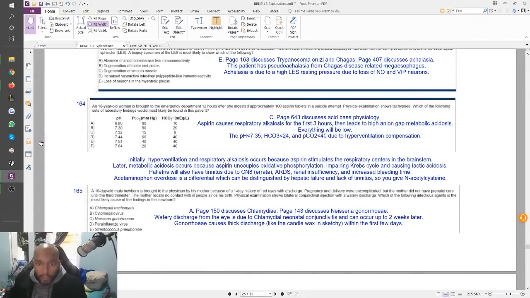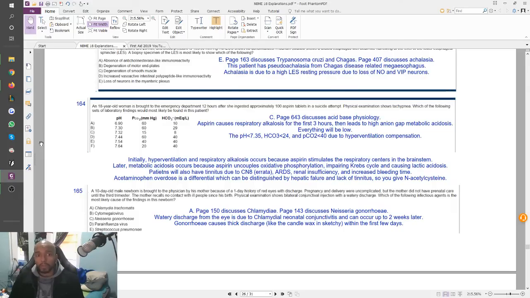164, another acid-base physiology question, very high-yield topic, especially for NBME. They love asking questions about acid-base physiology. And acid-base physiology is such a big topic, I'm actually thinking of making a separate video about it, because you need to be able to look at a question and really figure out what's happening with someone's pH, PCO2, and bicarbonate just by deducing the logic, right? It's not a memorization thing. Some things can be memorization, and this question was actually a memorization thing.